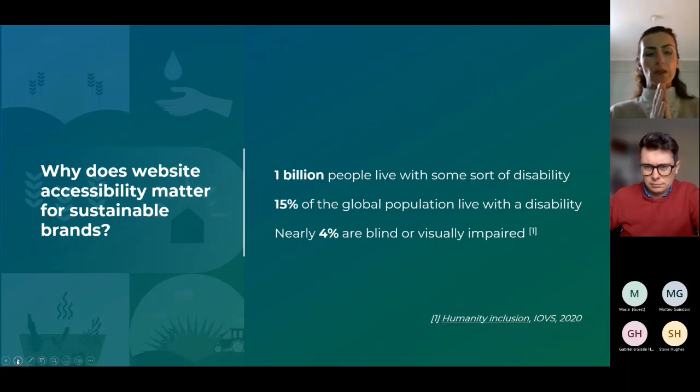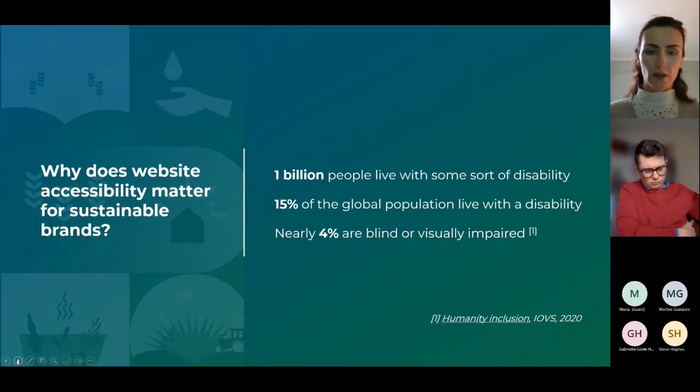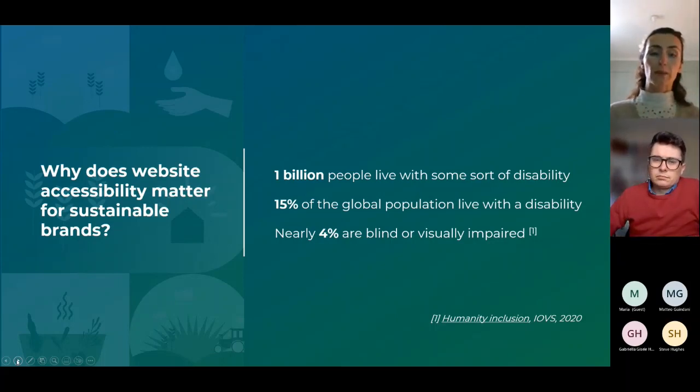So this is where we know that website accessibility is not necessarily a big priority, but we strongly believe that if you're in sustainable brands, you're about people and planet. So you really need to make sure that you cater for most of your user needs.